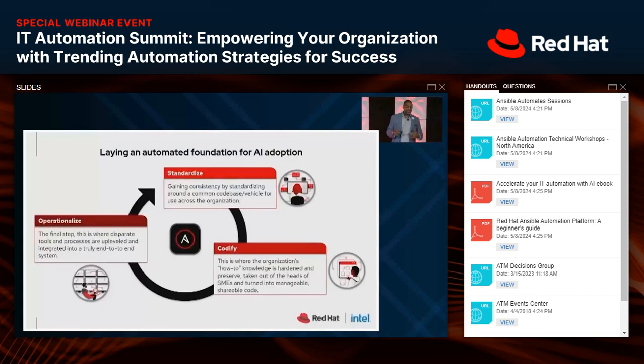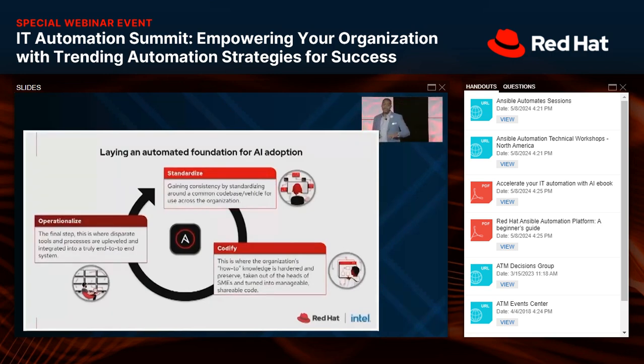Operationalize it, right? The final step in the process is where you want to create the end-to-end process with automation. You don't want to do what I would call ad hoc or tactical automation, where you're doing this one specific thing. You want to look at the end-to-end workflow and include as much automation in that as possible. It's this layering of tiers and things you need to do that creates a solid automation around automation. And so this will set you up for being able to adopt AI when you are ready.